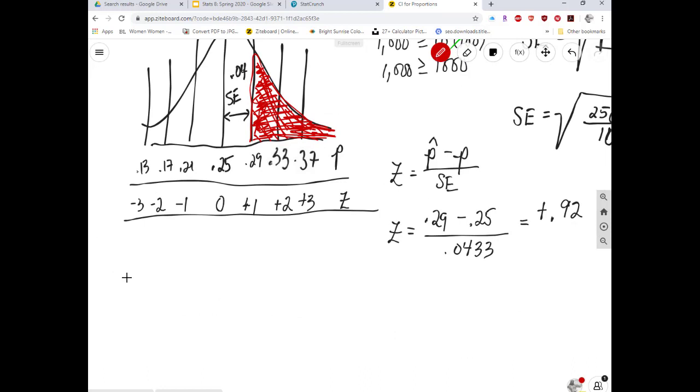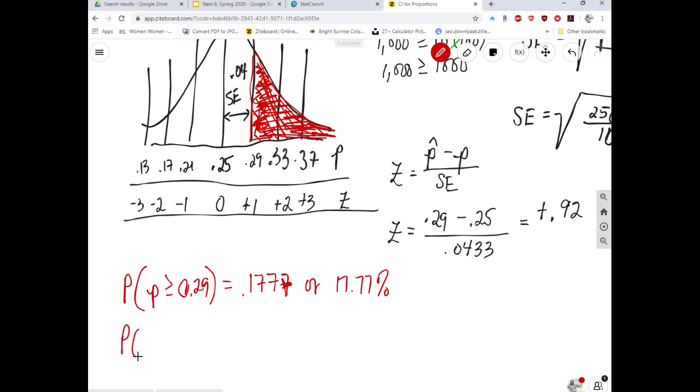So the probability, I'll keep it in red, the probability of the proportion being greater than or equal to 0.29 is 0.1777 or 17.77%. Another way to say this is the probability of z being greater than or equal to positive 0.92